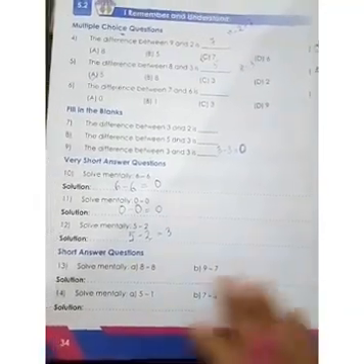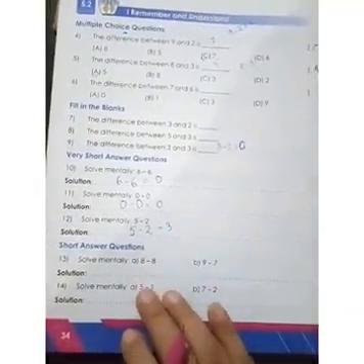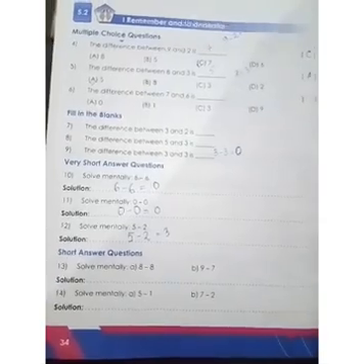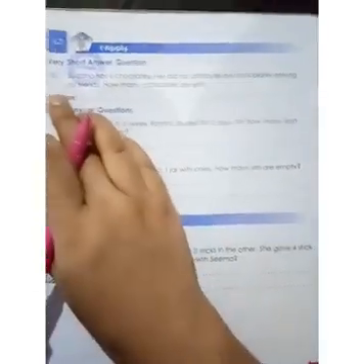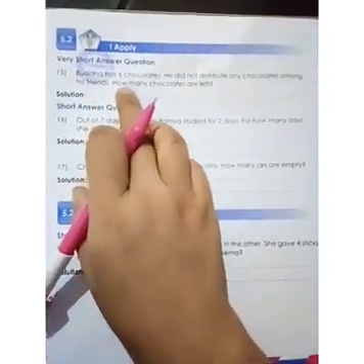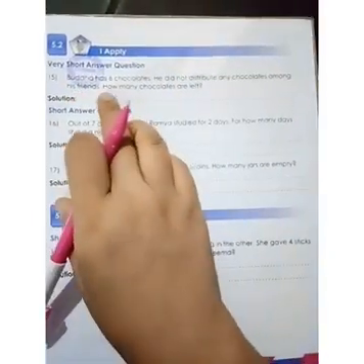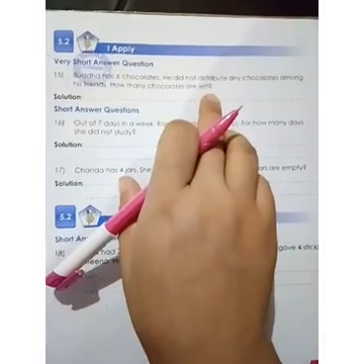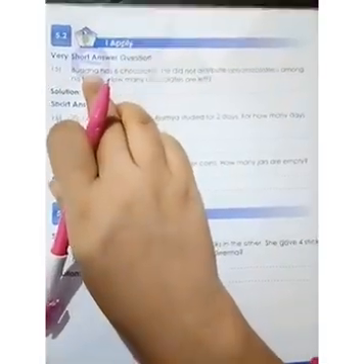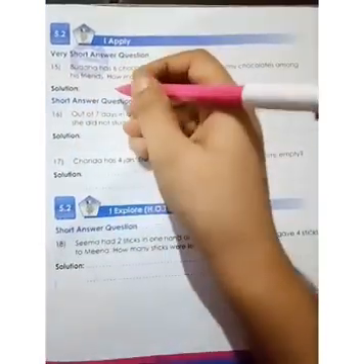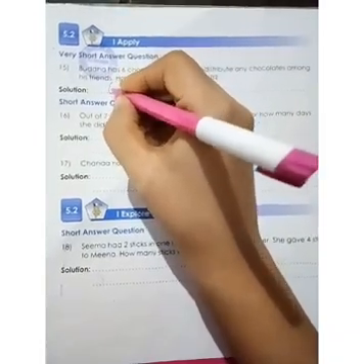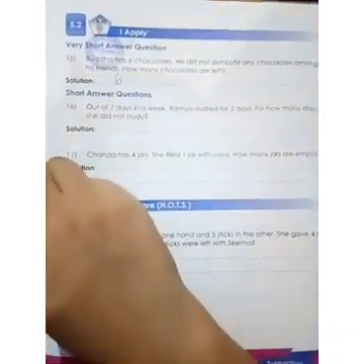Okay children, so you have to do question number 13 and 14 by yourself. The next question is 15. Buddha has 6 chocolates. He did not distribute any chocolates among his friends. How many chocolates are left? So Buddha is the name of a person and he has got how many chocolates with him? 6 chocolates. We have to do mentally, okay, this word problem also.